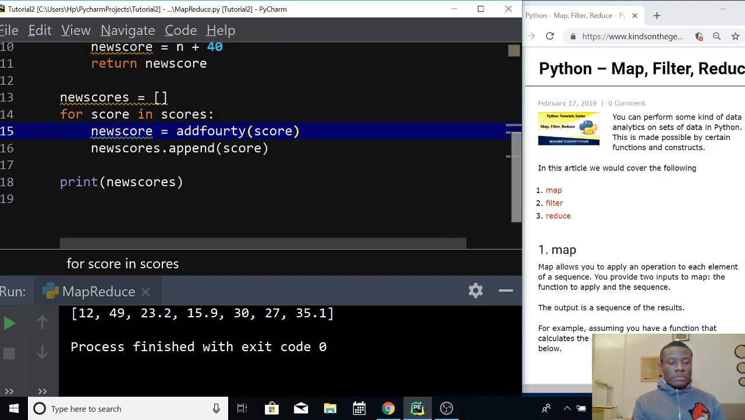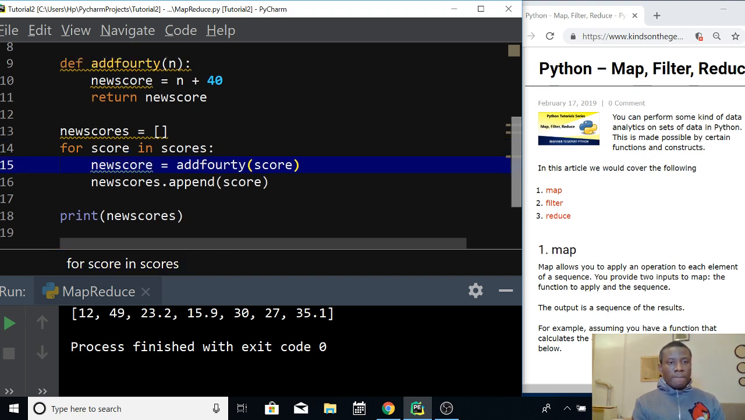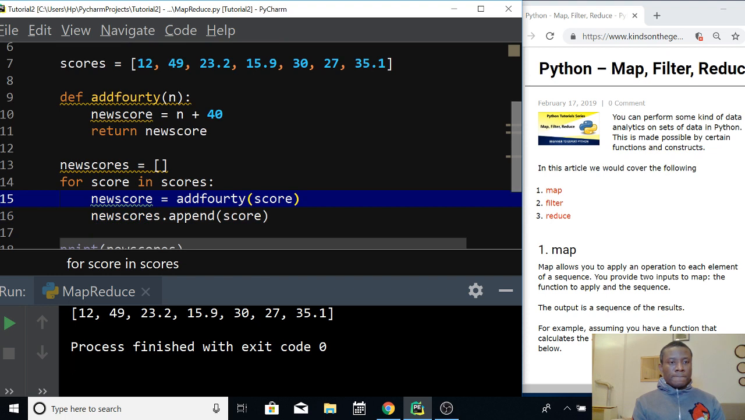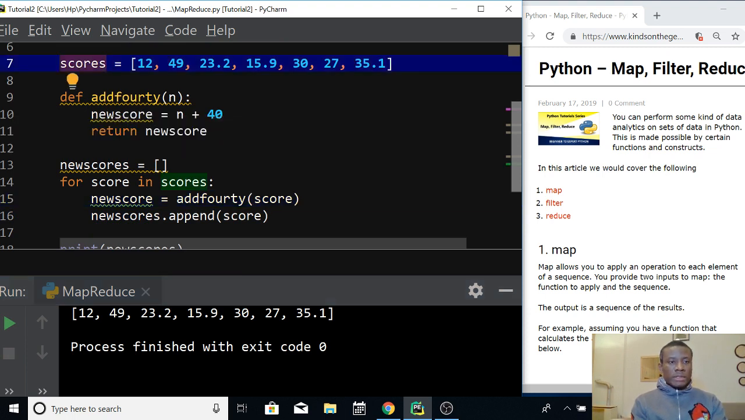So we have 1249. Okay, print new scores. For scoring scores. Okay, so let me run again. So it's giving us the old score. So let's call this